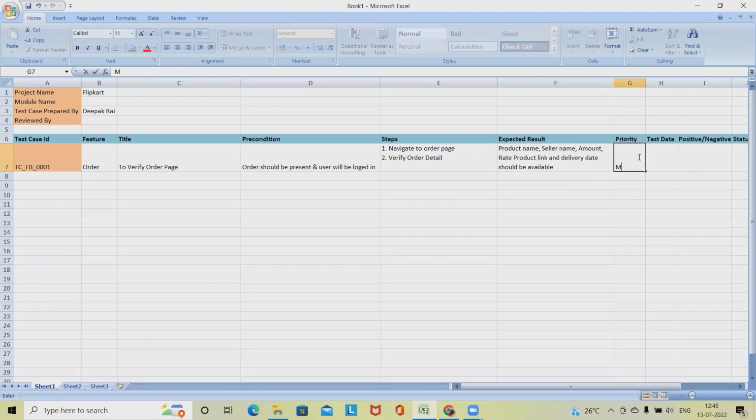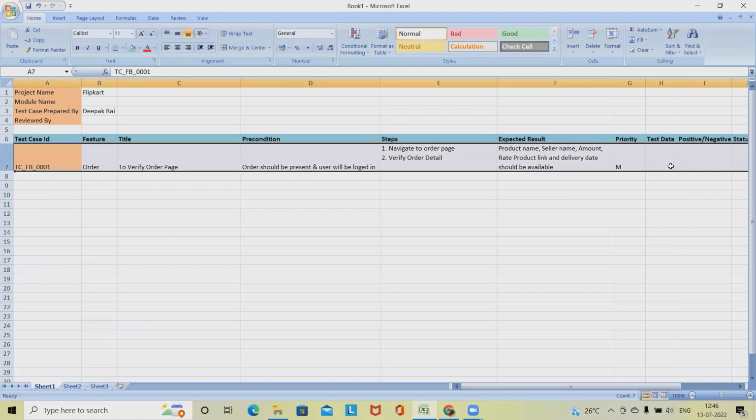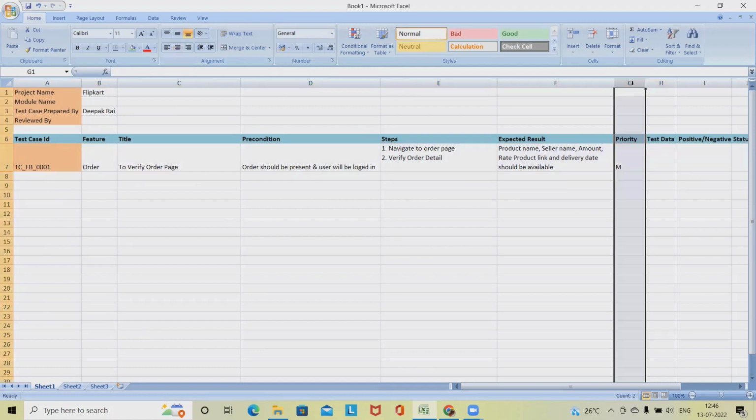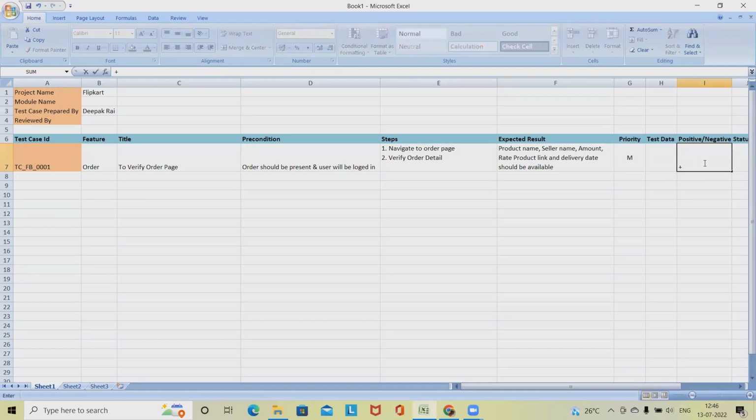So this priority is medium. We can keep it as medium. Test data, we should have some test data, and this is a positive test case. We can add here positive. Right now we are not executing, so this field is not required. Second will be